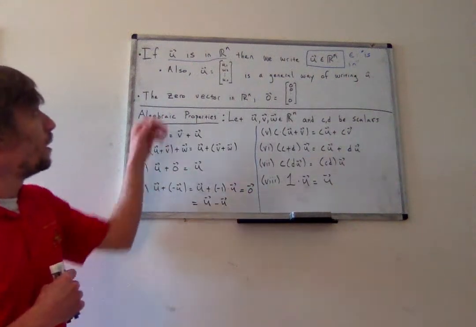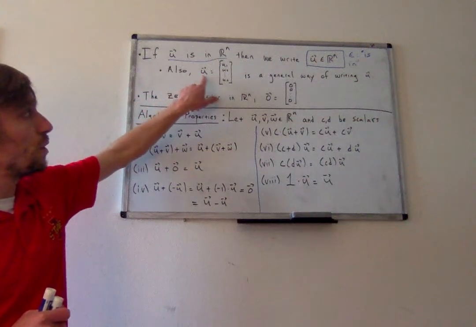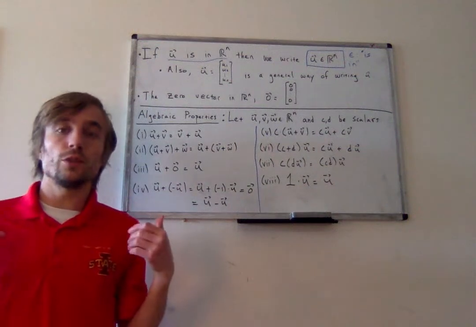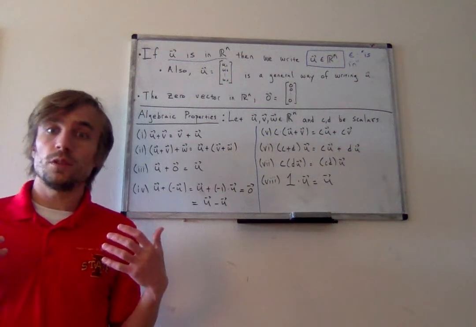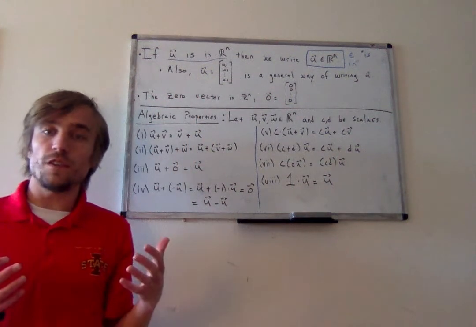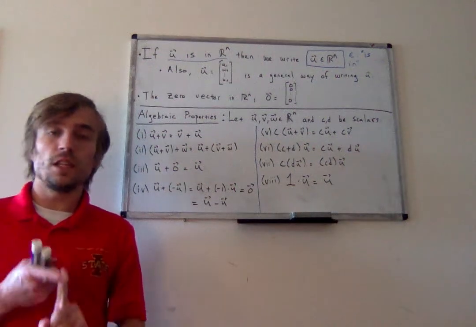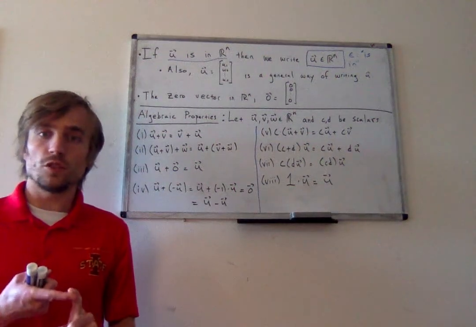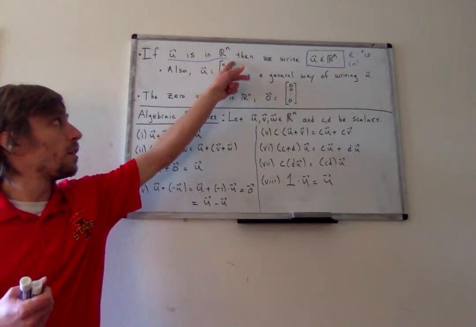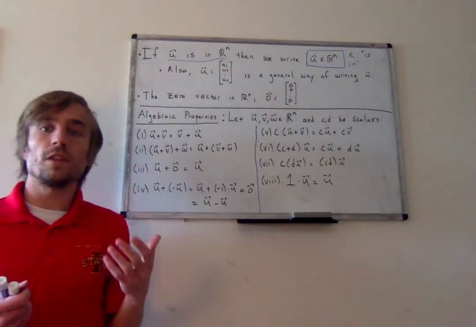Another thing, sometimes we'll use this notation as a general way of expressing u. Often when working with vectors, we want to be as general as possible. And so notice here, this allows me to specify a vector and specify the entries of a vector without definitively defining what those entries are or how long the vector is. So notice here, this is a vector of length n. It has n entries that I'm just denoting by the variables u1 through